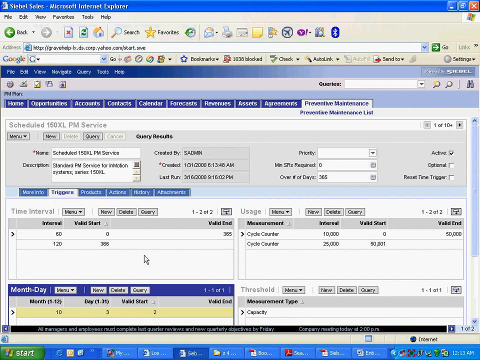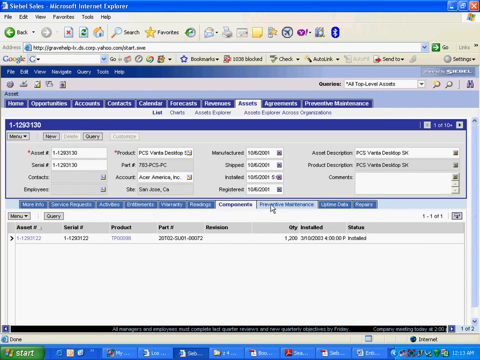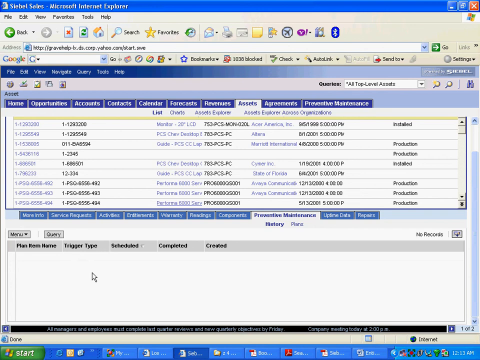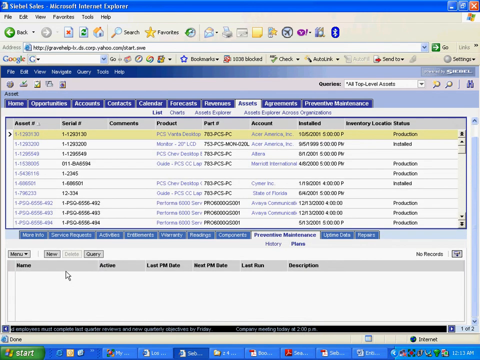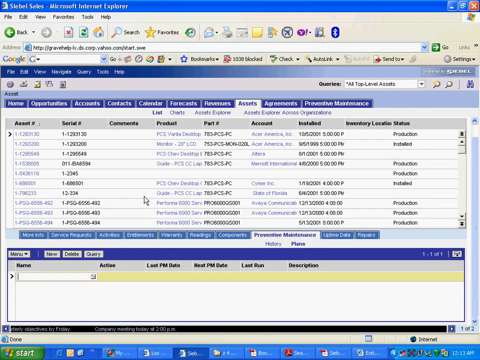You will add the assets. Somehow I think the PM plan should be associated to the product. Just think about it: every time a person buys a car, this will come under this PM plan. All the assets created with that product should automatically get associated to that PM plan. It's customized for it. Do you think they might not have provided that because of that? Let's see. In the bookshelf there was something, so you can create a new one. Let's see what the pick is about.